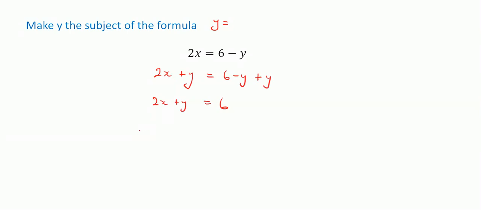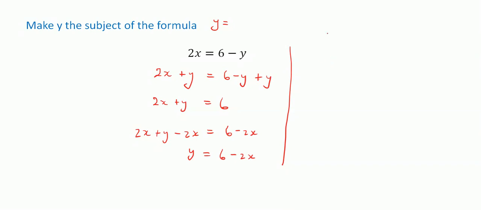So 2x plus y minus 2x is equal to 6 minus 2x. 2x minus 2x gives us 0, so therefore y is equal to 6 minus 2x. Okay,